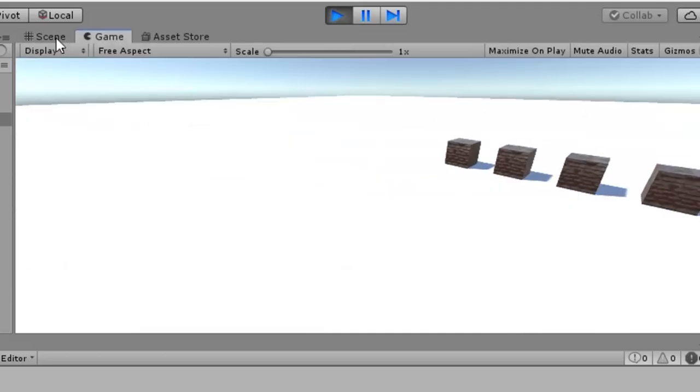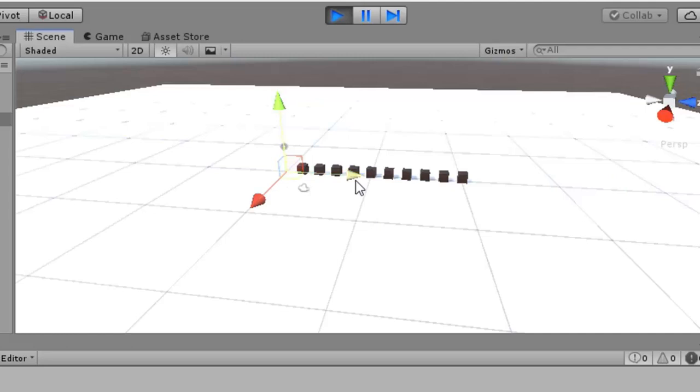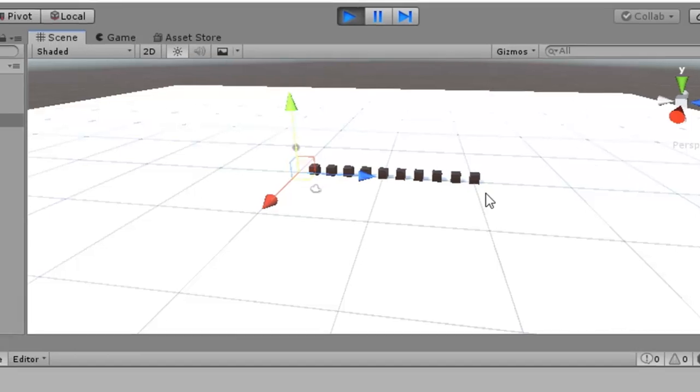Here we can see that whenever I start playing the game, 10 cubes are placed systematically. Now I hope that you all are getting my point, how we can create a dynamic virtual scene at the starting of the game.